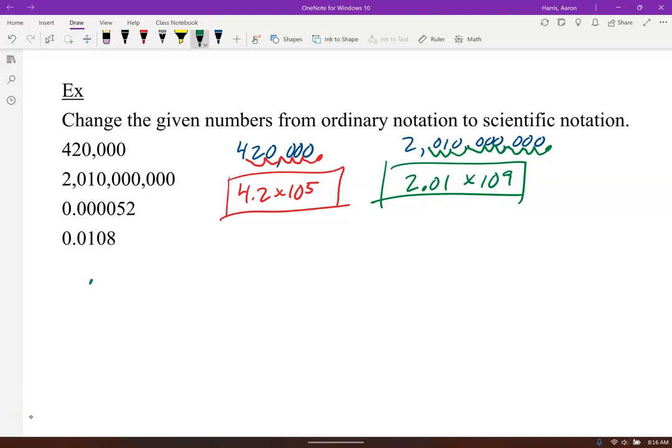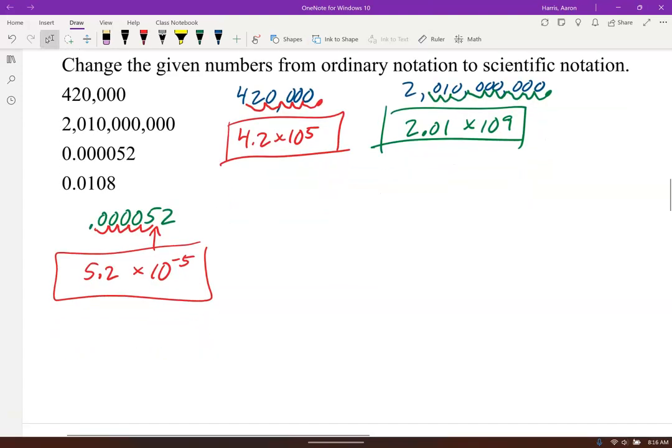So the third one is 0.000052. Now this time we want it right there between the 5 and the 2. So 1, 2, 3, 4, 5. So 5.2 times 10 to the negative. How many times did I move that? 5 digits. 1, 2, 3, 4, 5. Right? Because 10 to the negative 5, right? If you think about that,